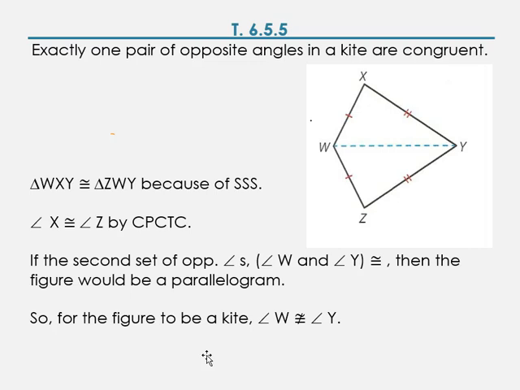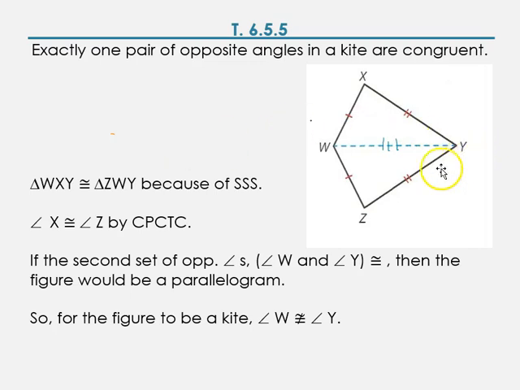Theorem 6.5.5. Exactly one pair of opposite angles in a kite are congruent. We've talked in class about what a kite is, and basically a kite has one set of consecutive congruent sides and then another set with a different length of consecutive congruent sides. If you draw a diagonal, you create two triangles that are congruent to each other. And that's because of side, side, side, and they're using the reflexive property to state that WY is congruent to